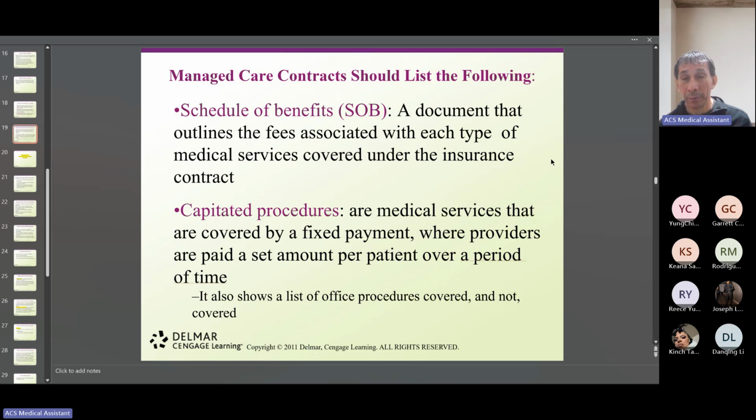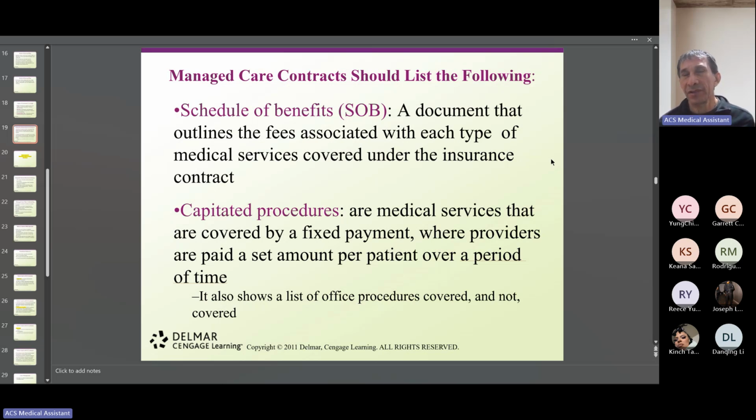Send them to the billing department, because the billing department is the one that has to deal with them when it comes to insurance. Remember, don't get involved with things that you're not familiar with. Even if you understand some of the things that I'm telling you, sometimes it's better to refrain from giving information to the patients, because when patients are upset, they don't want to listen to you. They'll say, no, my insurance paid, and I don't know, last time I got this service.